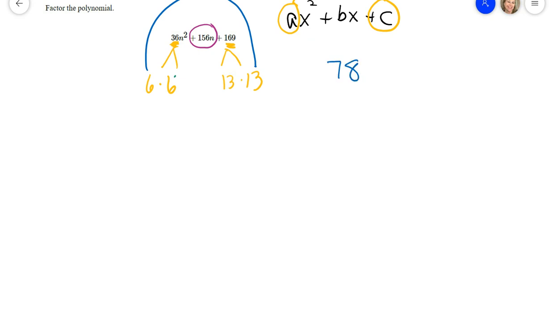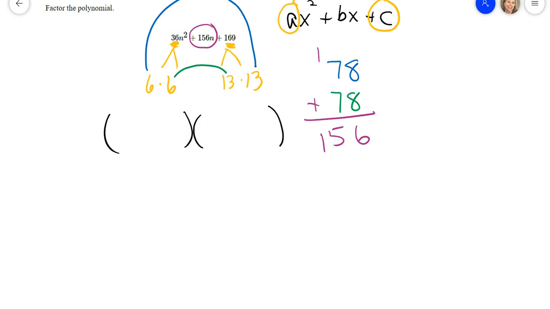And when you multiply your insides, 6 times 13, that is another 78. And when I add those two together, well, look at that. There's the 156. So it is indeed a perfect square trinomial, which means what you're going to get here is